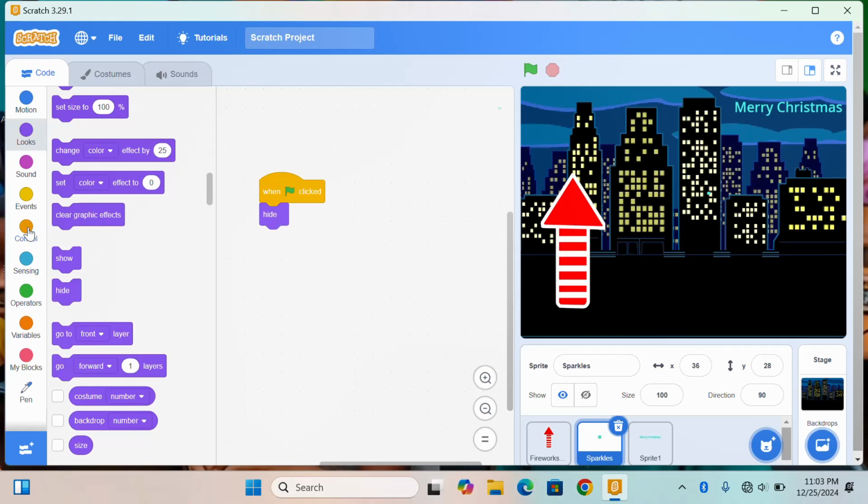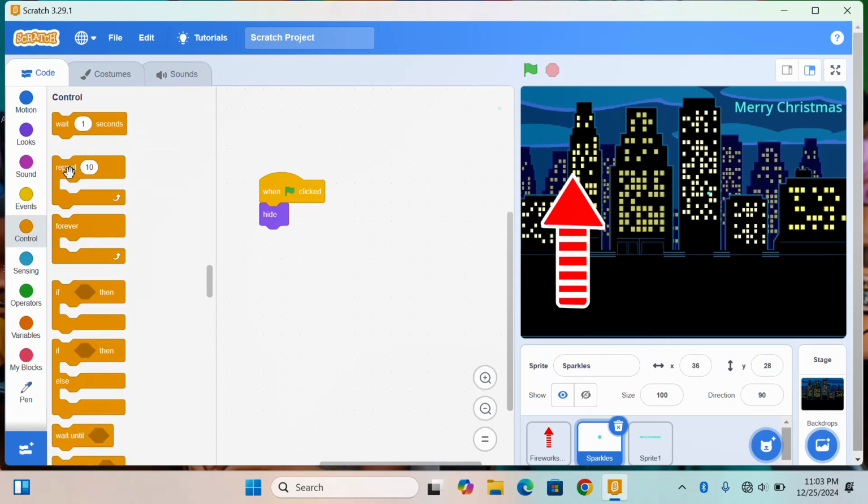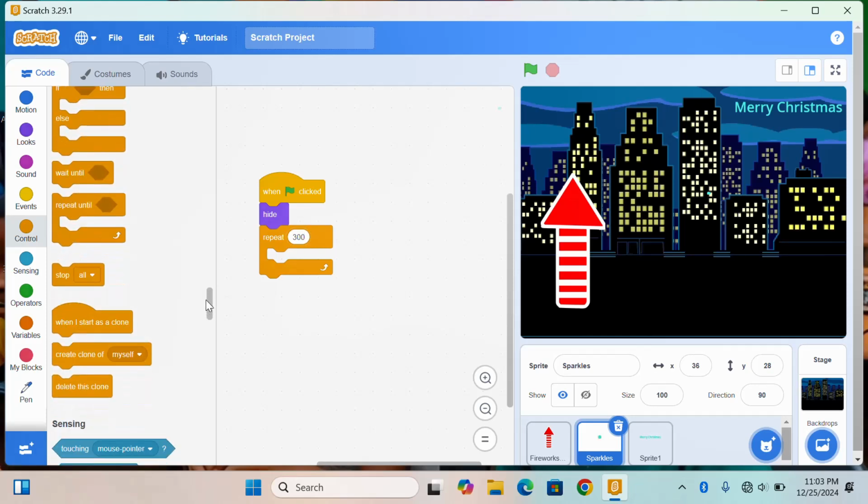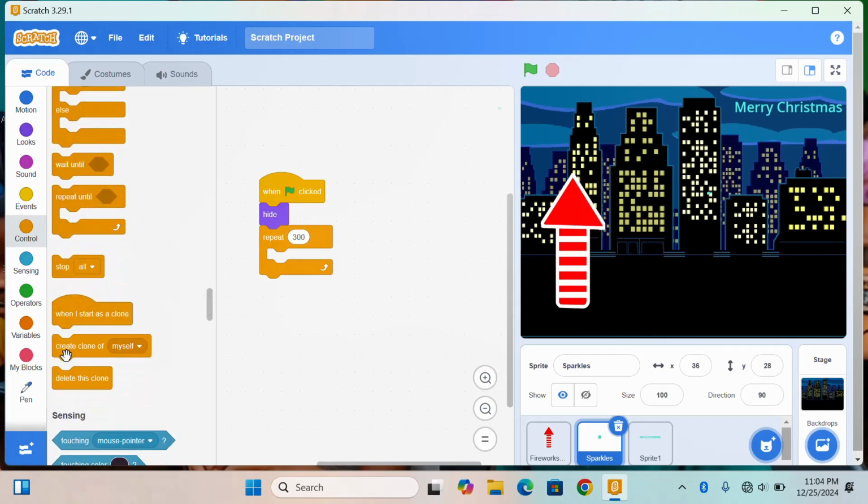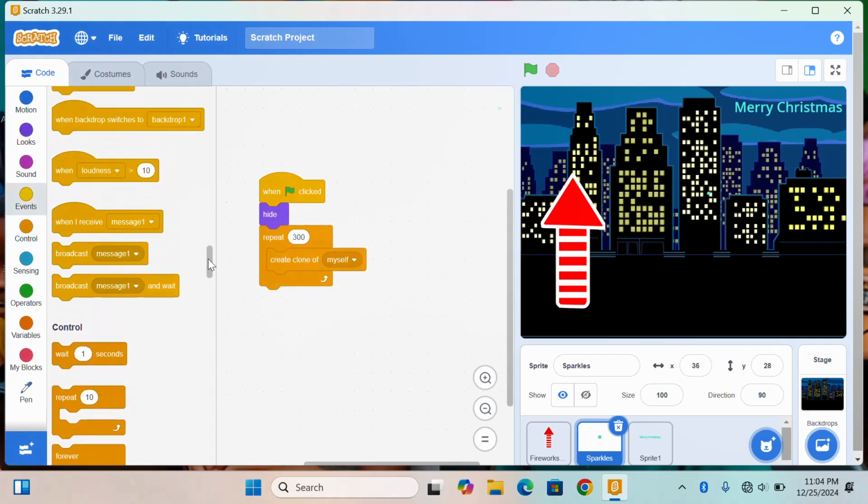Hide. Then go to control and pick the event block. When it hides, we want it to clone itself how many times? 300 times. So we'll look for create a clone of myself 300 times, and afterward it will send a broadcast message, and we call this